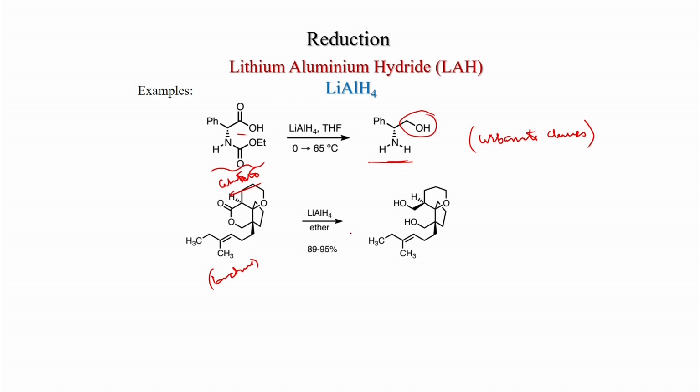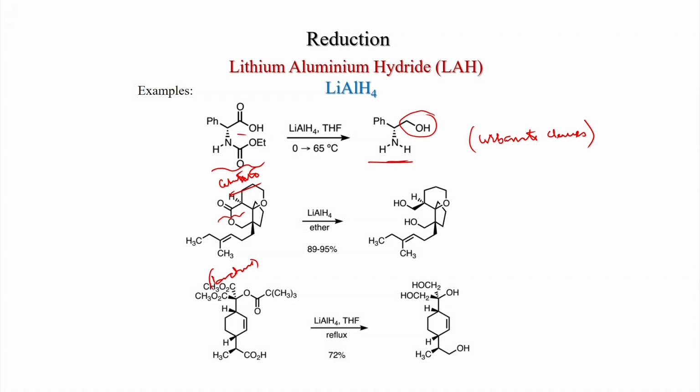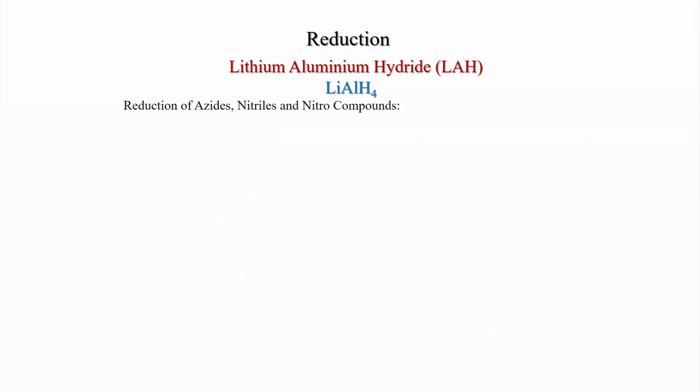And this is a compound where a lactone is there. Lactone on lithium aluminum hydride reaction gives diol. So, this is very important, this bond is getting cleaved and you get an alcohol aldehyde, which then gets reduced to the alcohol. Also, if you have many ester groups as well as carboxylic acid, here is an ester, here is an ester group, and all groups with lithium aluminum hydride under reflux condition get reduced: this alcohol, this alcohol, this alcohol, and this alcohol.